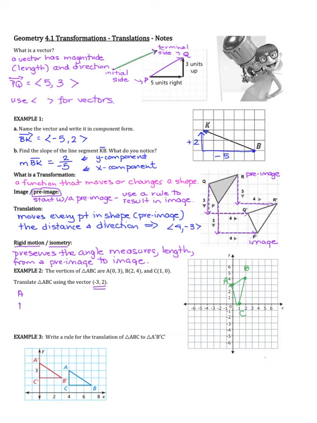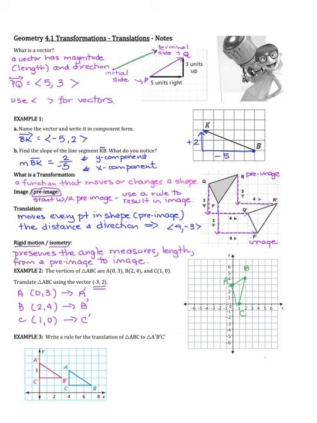So we had A, B, C. A was at the point 0, 3, B was at the point 2, 4, C was at the point 1, 0. So my new points, my image, A prime, B prime, C prime,